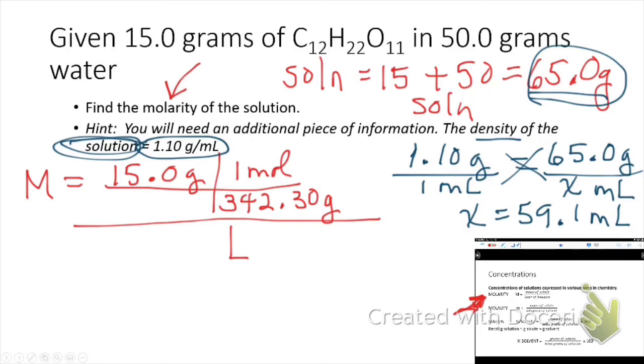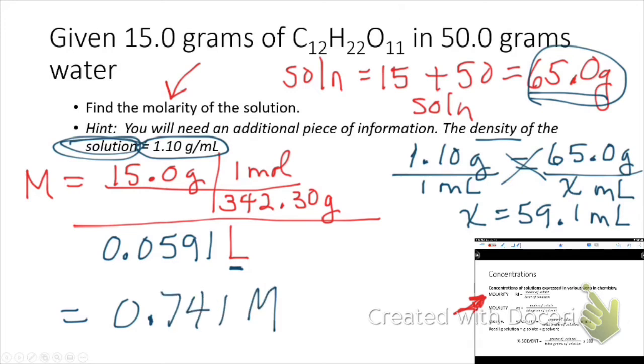But a reminder, our volume for molarity must be in liters. So I'm going to move my decimal 3 places to the left as I divide by 1,000 to go from milliliters to liters. So this would be 0.0591 liters. I'm now going to plug everything in my calculator, do my math, and I get 0.741 molar